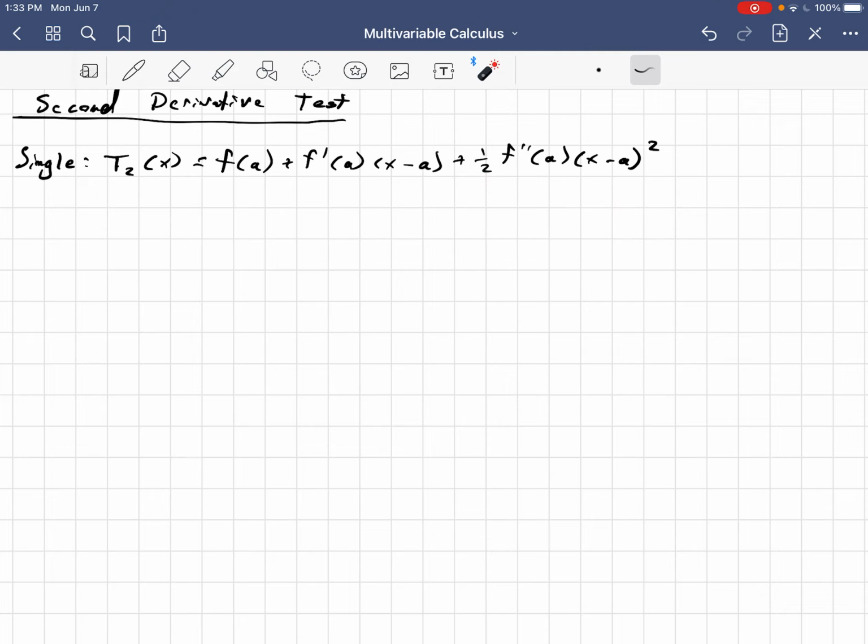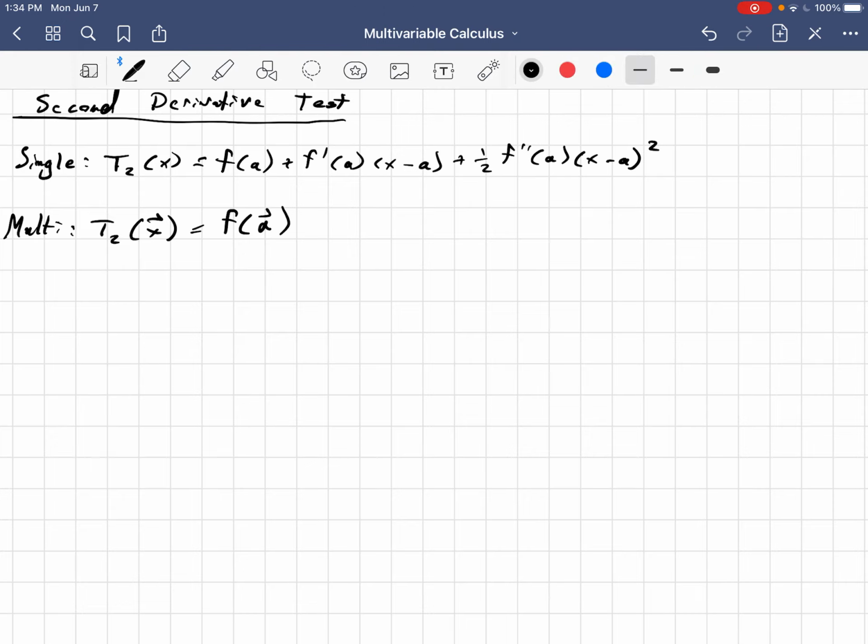Now, I want to extend this idea of a quadratic approximation to a multivariable function. As it turns out, the quadratic approximation for an n-dimensional multivariable function is T sub 2 of the vector x. The vector x actually represents n inputs, because the vector x is x sub 1, x sub 2, dot, dot, dot, x sub n. Okay, so T sub 2 of the vector x equals,